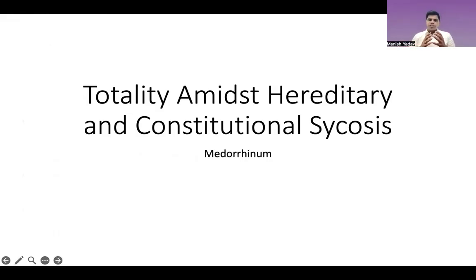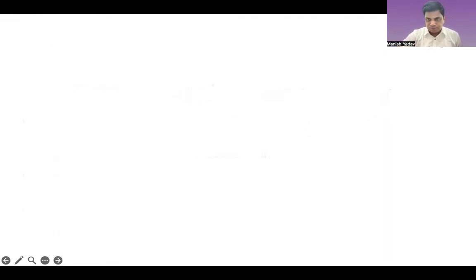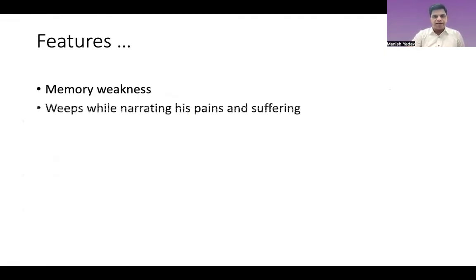Now we come to the symptoms which are amidst hereditary and constitutional psychosis. Generally, when we don't see, in the background, family history, we don't have suppressed psychosis, but as a constitutional, it is a mixture. In day-to-day practice, what are the symptoms that we will see? We'll try to understand that. Features. So I will just talk about the features in one pointers. Memory weakness. As we understood, we have already talked about, I'm just repeating. So what are the features in day-to-day practice? Memory weakness.